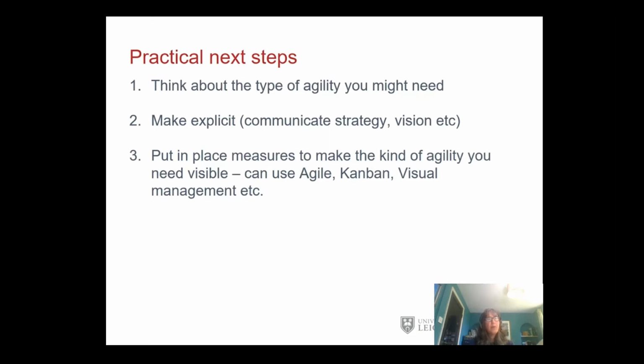The next stage is then to put in place performance measures to identify the kind of agility that you think is important. The performance measures start to make the management focus in this area visible, and you can use the kind of tools that I spoke about with Agile. Agile also talks about Kanban, although Kanbans originate from outside of Agile in lean operations. There's also ideas of visual management, so you can look those up and have a look at examples on the